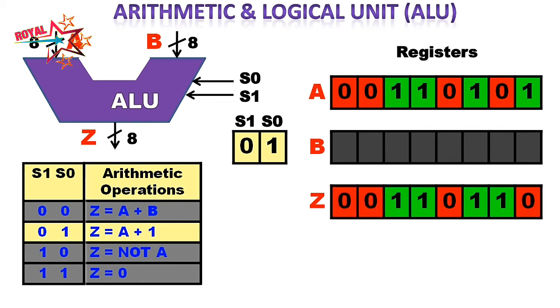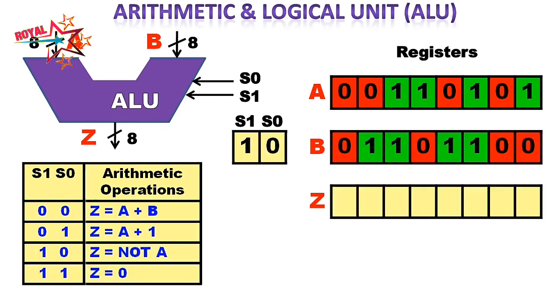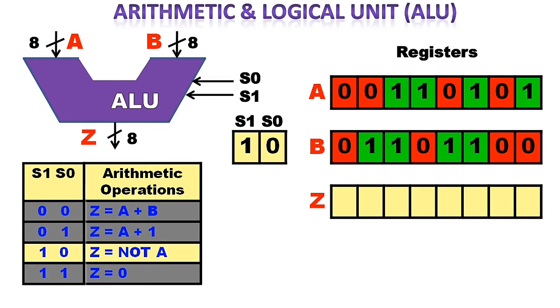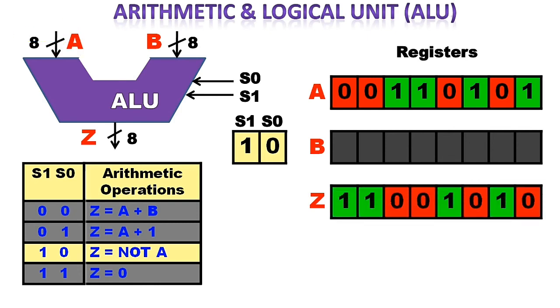To briefly introduce the logic operations, we will examine one of the simple operations such as the NOT operation. The NOT operation receives only one set of inputs, that is the A register value. So again the ALU will ignore the inputs from B. The NOT operation changes all zeros to ones and all ones to zeros. The NOT operation is applied to each bit in the register individually, otherwise called a bitwise operation.